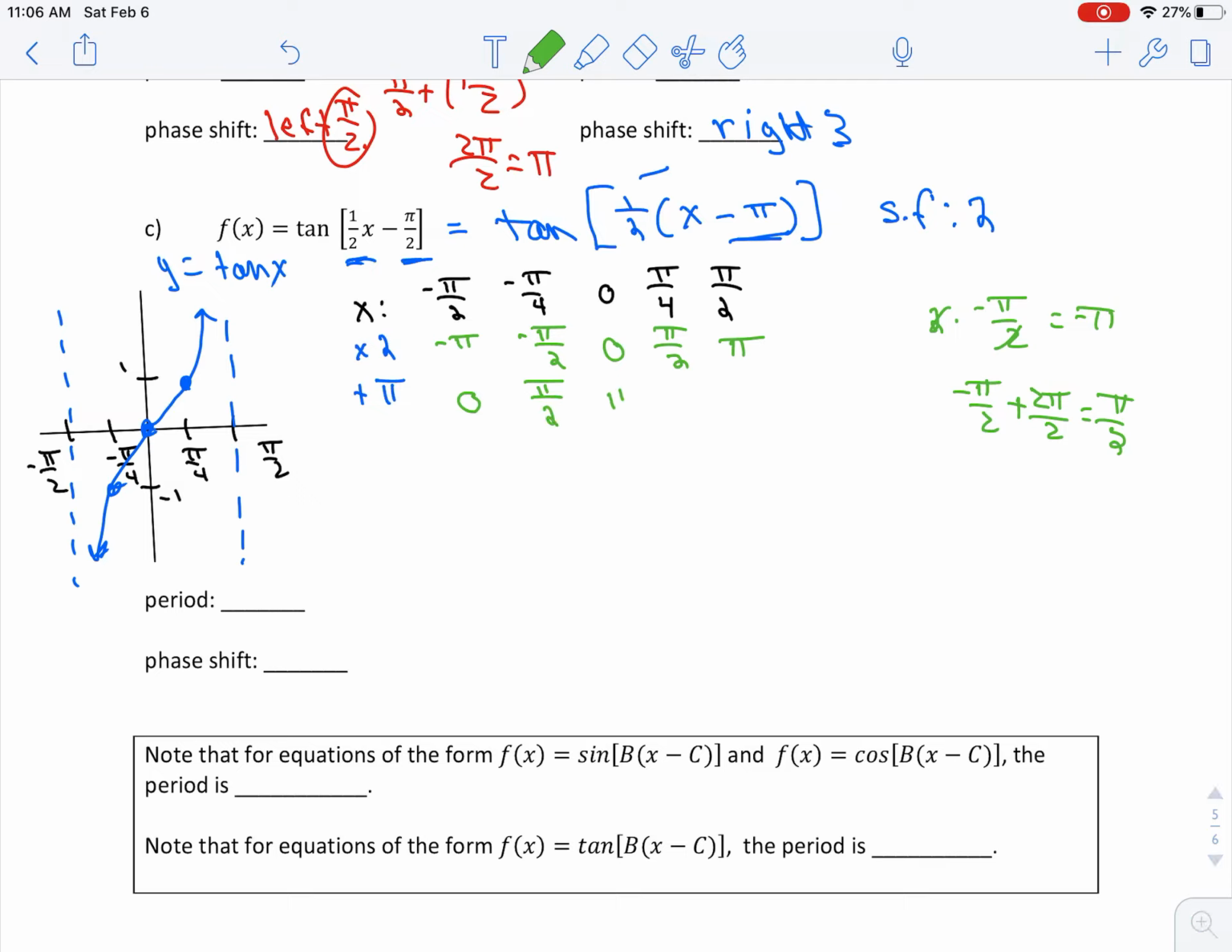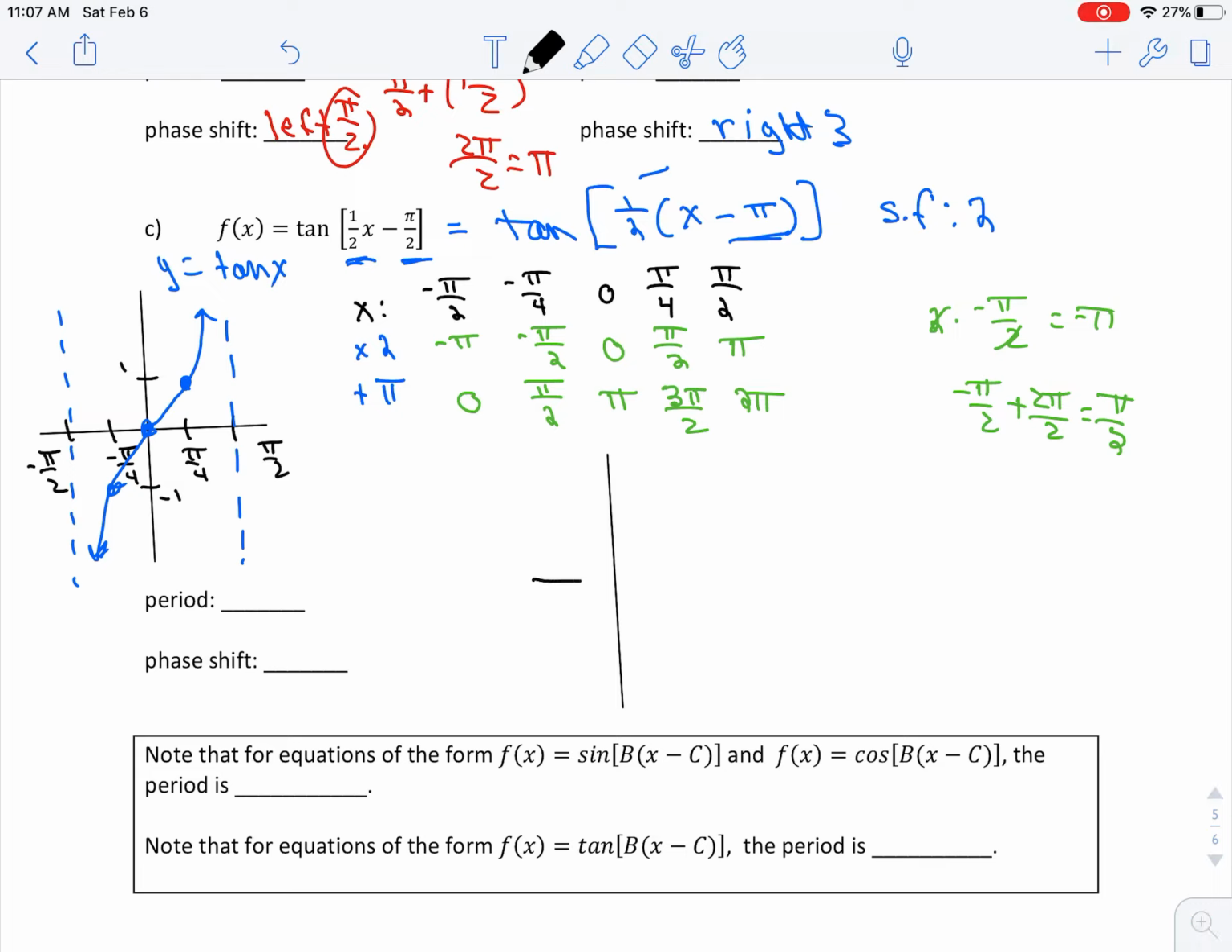0 plus pi is pi. Pi over 2 plus pi is 3 pi over 2. And then pi plus pi is 2 pi. So that's going to give us our new x values. So when I draw this graph,